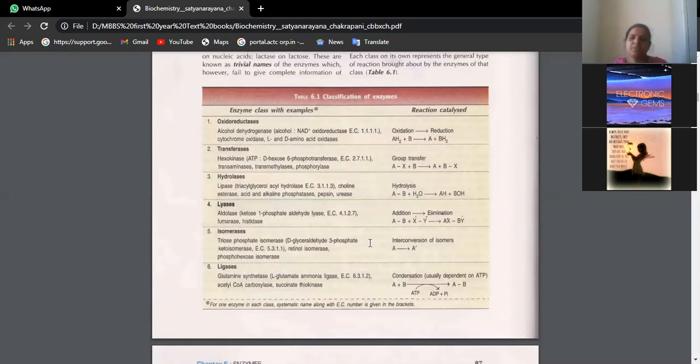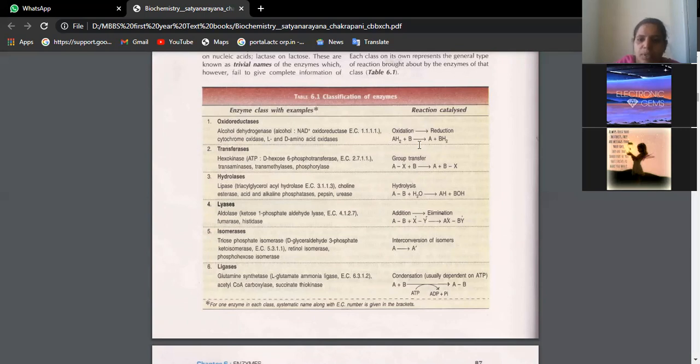You can give examples, just examples without any substrate here. ABCD have been represented, and you can give many examples from various metabolisms, from carbohydrate, protein, fat metabolism chapters. Now let us see what each letter stands for. O is oxidoreductases. These are the enzymes which bring about oxidation and reduction reactions. Oxidation is addition of oxygen or removal of hydrogen. Reduction is removal of oxygen or addition of hydrogen. So that's what is taking place here.